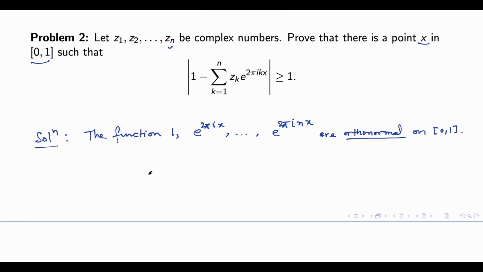Okay. So in this case, hence, what we are going to get,